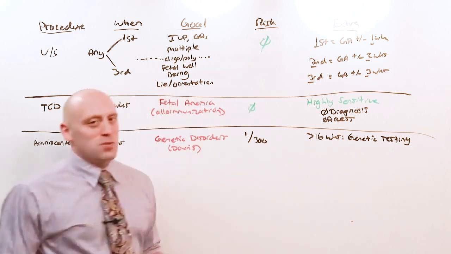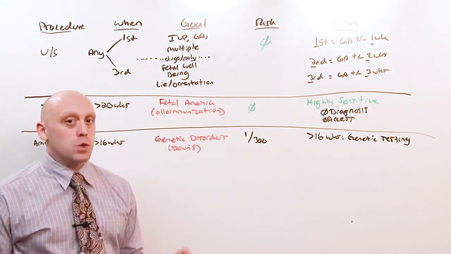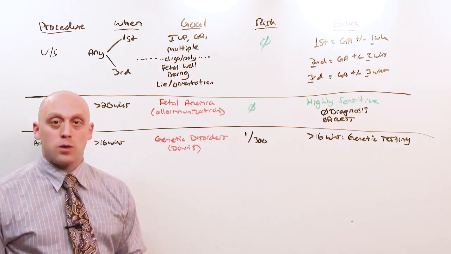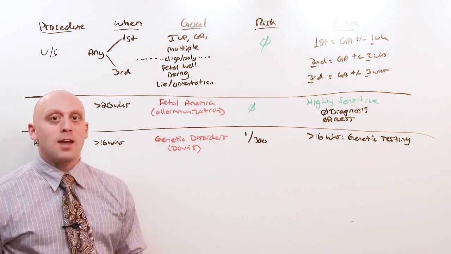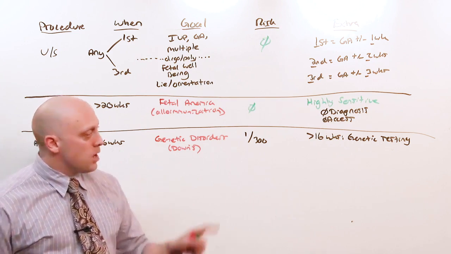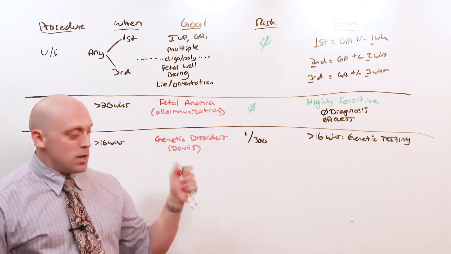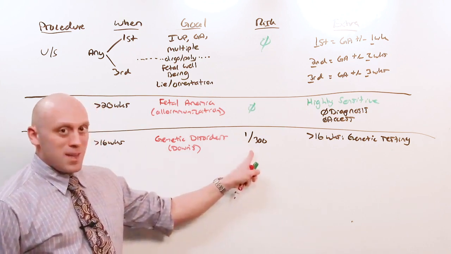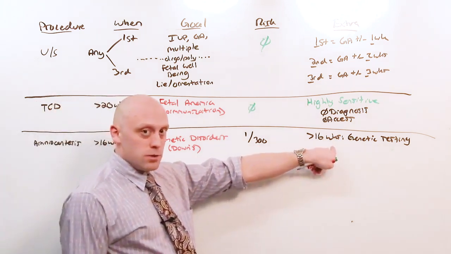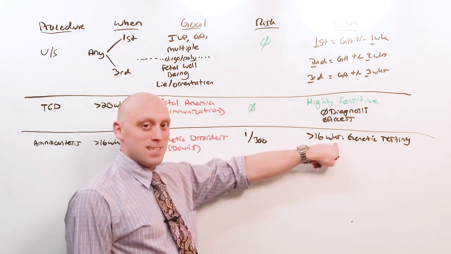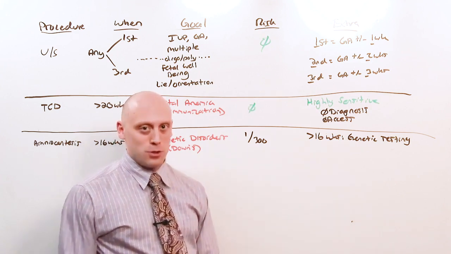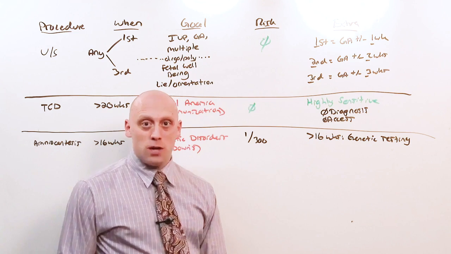Because there are non-invasive procedures that can be used to screen for these diseases, check out the lesson on genetic disorders where we talk about the triple quad screen and cell-free DNA. Because we have those, the amniocentesis has fallen out of favor. There's a risk to fetal loss, and by the time you get the results, if you can only get the sample at 16 weeks, it's pushing 20 weeks, which comes up with an ethical issue and technically more challenging to